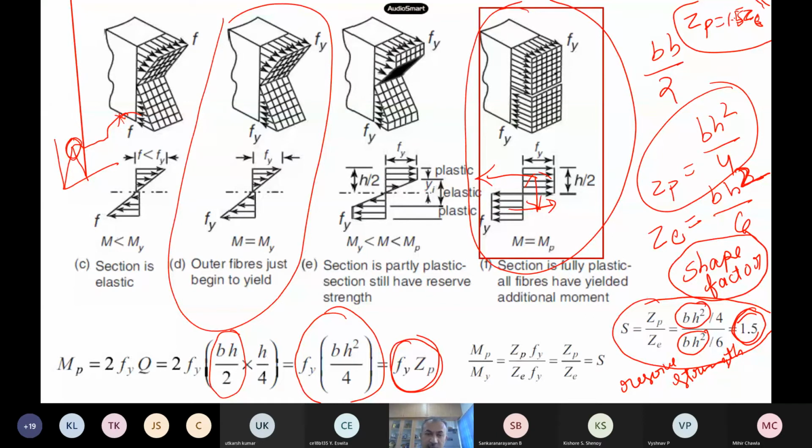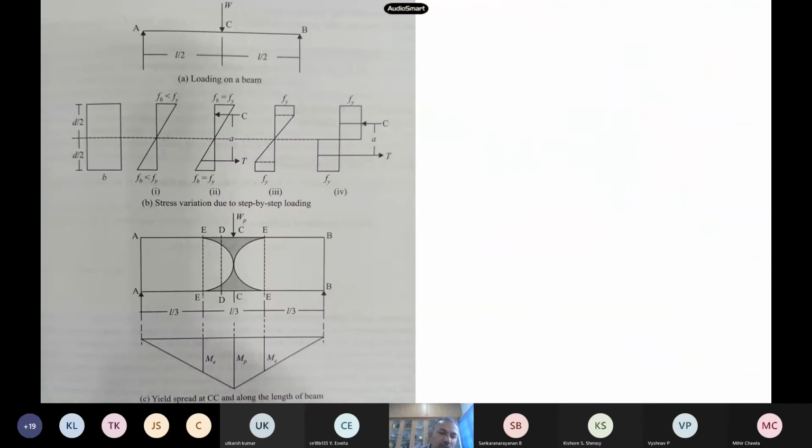So very, very important. And here, as I already told you, we look at how the plastic hinge depth varies. This is the same thing. Now it is a simply supported beam with a concentrated load at the center. So this is the bending moment diagram, linear. Now you see how the hinge varies with bending moment. The depth of the hinge is e. How e varies, we have seen, is in a quadratic fashion.